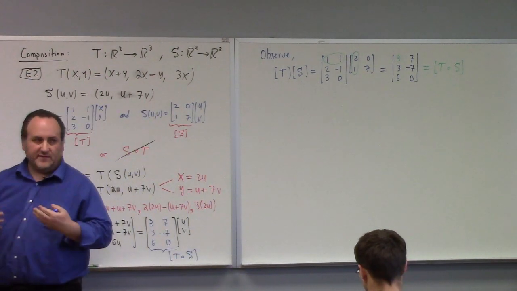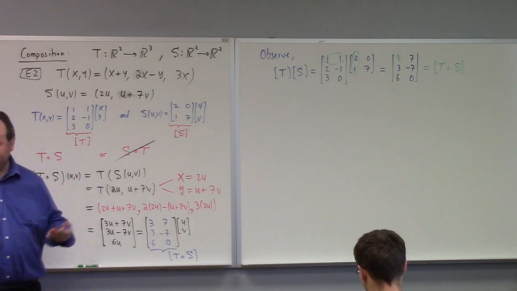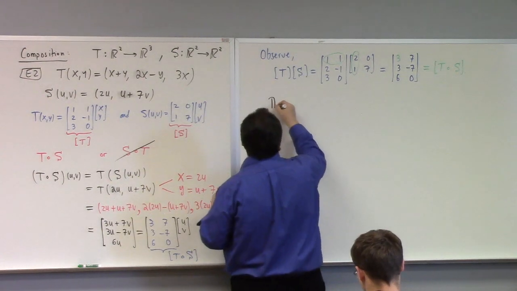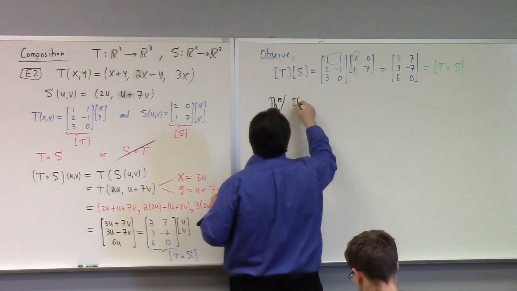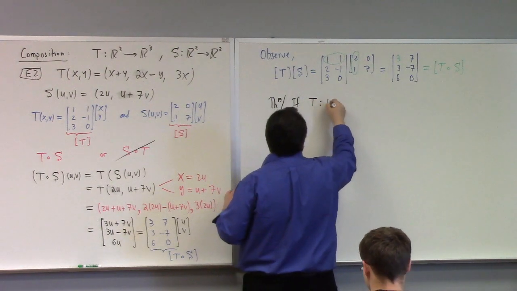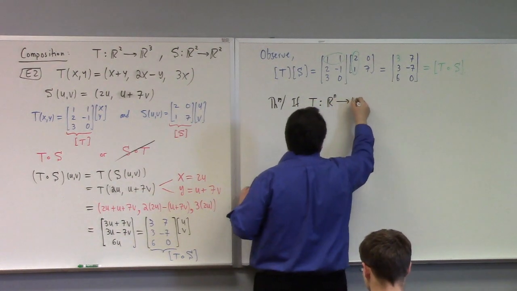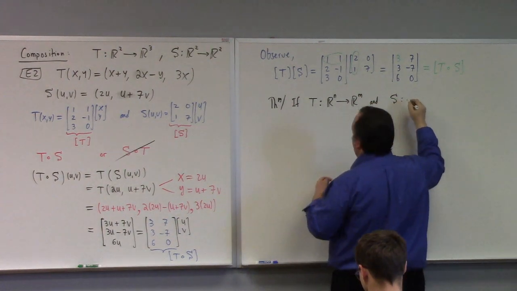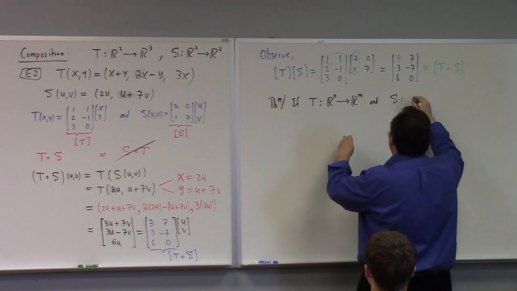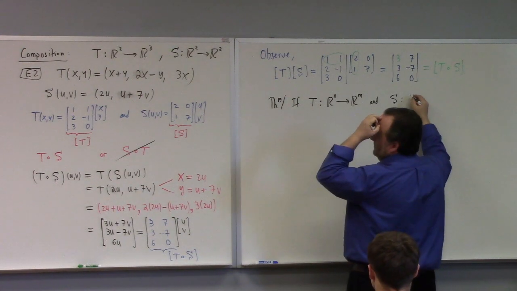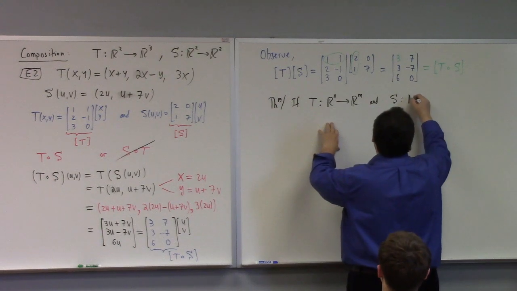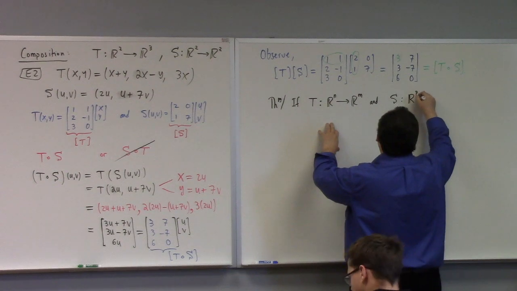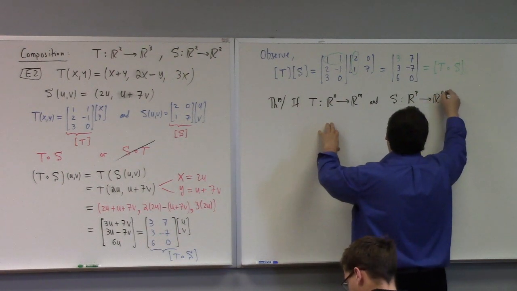This example is actually a theorem, all right? This is not an accident. There is a general theorem that we could prove here. Theorem. If T is a mapping from, say, Rn to Rm, and S is a mapping from, well, it could be Rp to Rn, I guess. Then